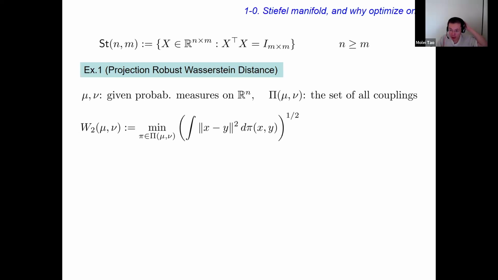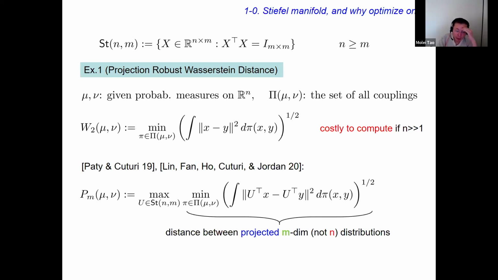So you can formulate an optimization problem and show that it can be cast in this fashion, where you minimize over a joint probability distribution pi whose x marginal is mu and whose y marginal is nu, and you try to minimize the distance of travel. Of course, the actual theory is much more complicated than this. It would take a whole lecture to describe. So let's just accept that this is a very useful thing to compute, but it's computationally very costly, especially in high dimension.